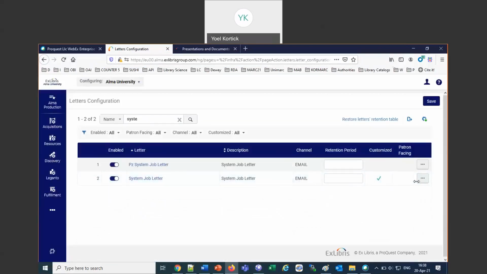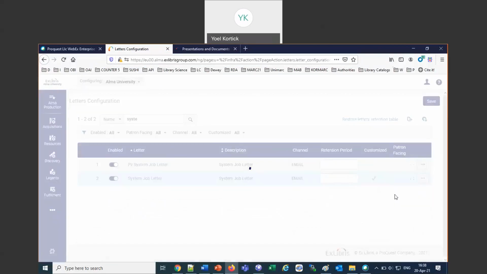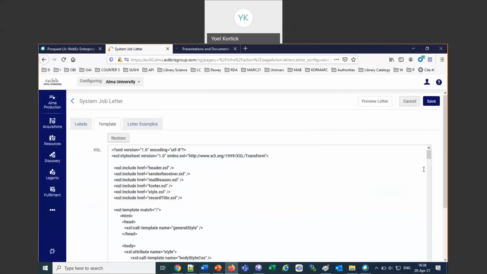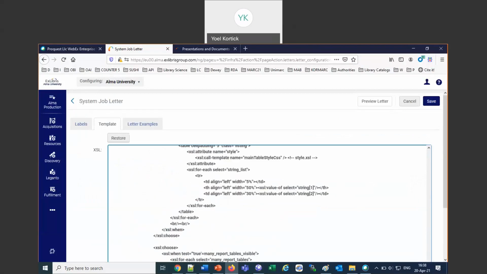There it is, and edit. Okay, so I changed the address to be my address. I'm going to change it now, so let's continue our other scheme. It's going to be from Gilligan at library.edu. Okay, so we're changing the address from, and in the template at the bottom, where it says, we're looking